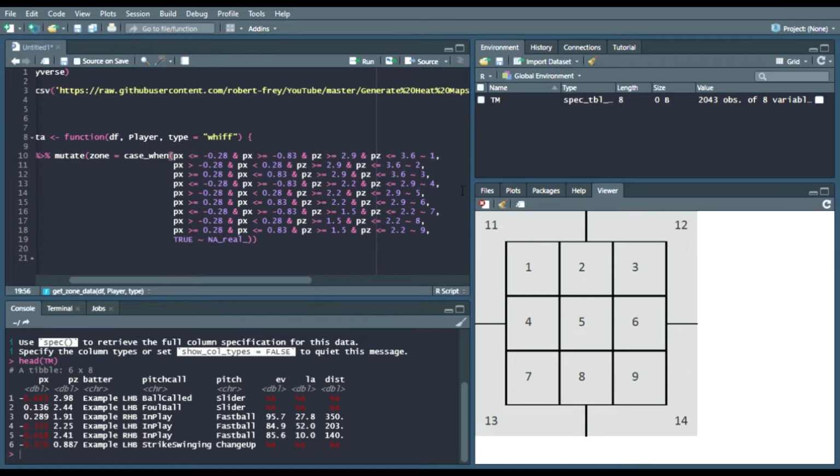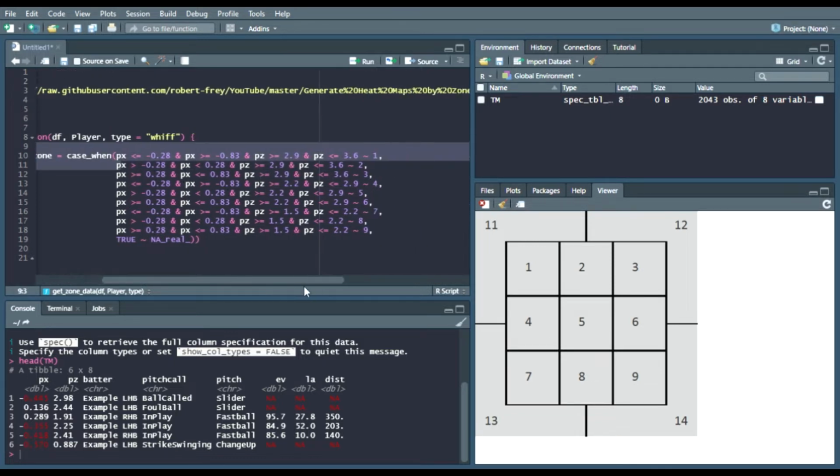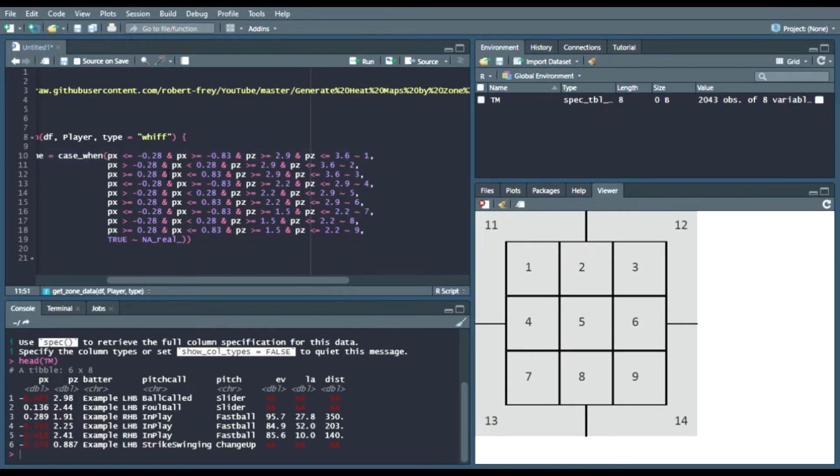So 1 is the top left, 2 is the top middle, 3 is the top right. Again, this is assuming pitcher's view. I know Savant has it as catcher's view, but we're treating the zone as pitcher's view because the Trackman data is from pitcher's view. So we can see these values are just basically splitting the zone into thirds, both horizontally